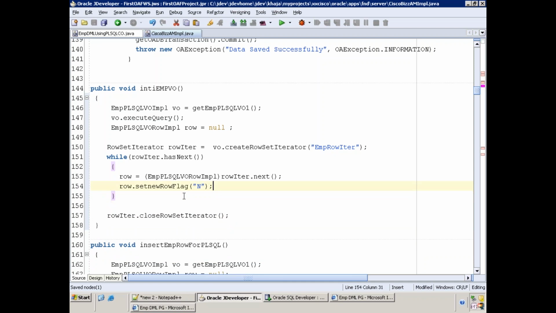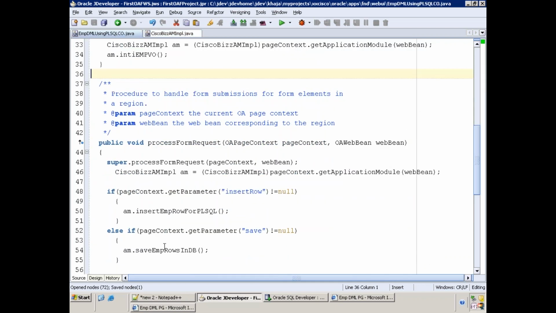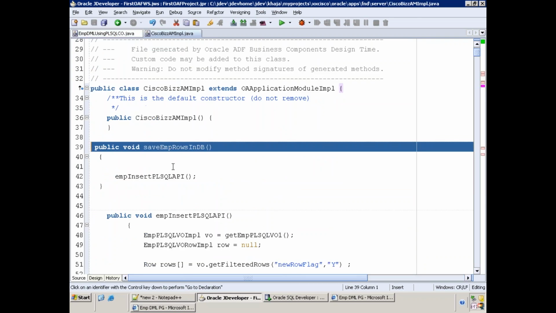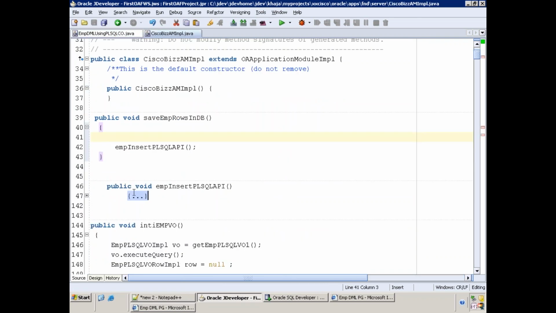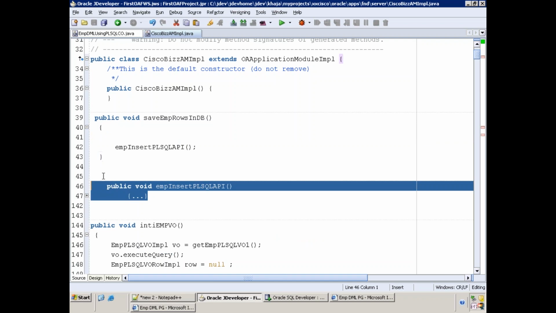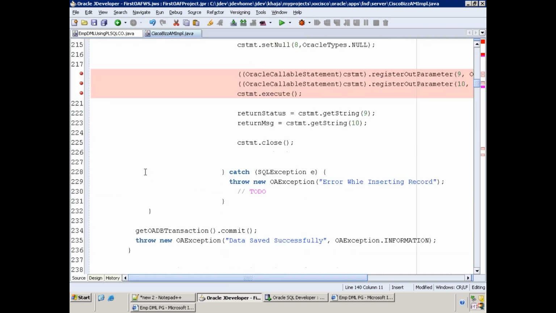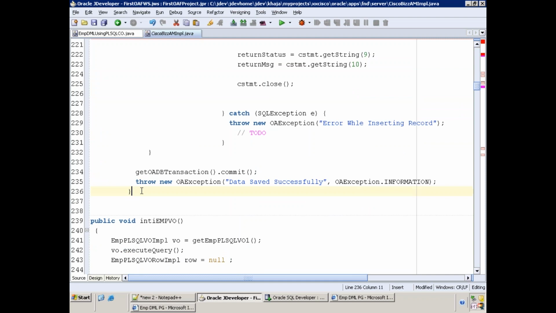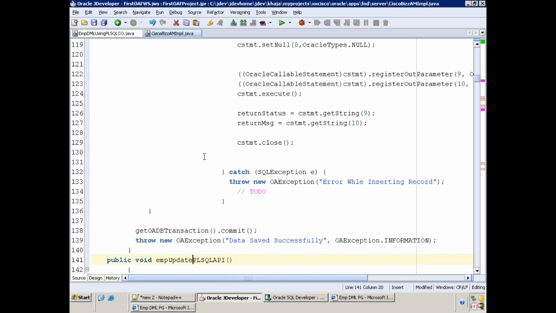Now let us write the logic for the updation. This method is there, right? I'll just simply copy paste because it will be the same again. I'll just change it here: Emp update PL SQL API.